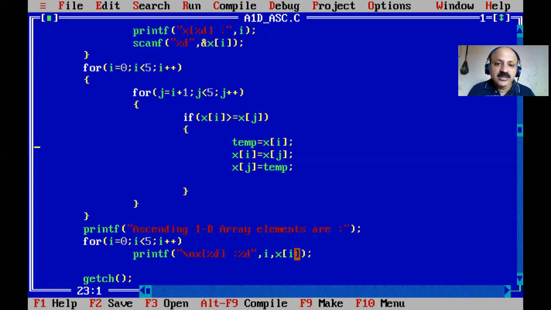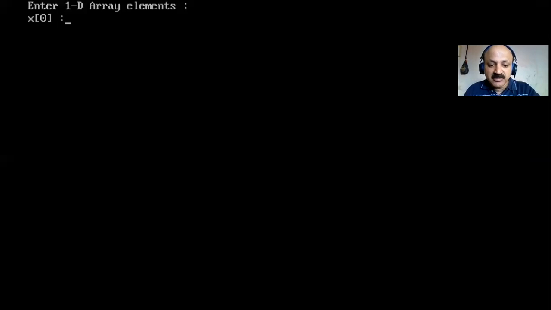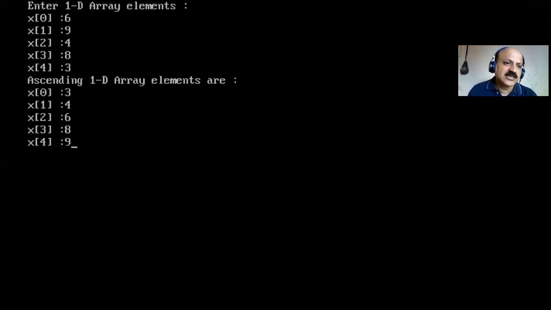So here that is ascending, greater than, so that element is greater than. If you provide here less than, then that is descending order. So let us check. First we compile. Yes, there is no error. And let us check. Yes, I give random elements, any small to big, no problem. So here I provide 8 again, and now a small value 3 like. So yes, ascending, that is 3, 4, 6, 8, 9, swapping, interchanged, smallest to largest.